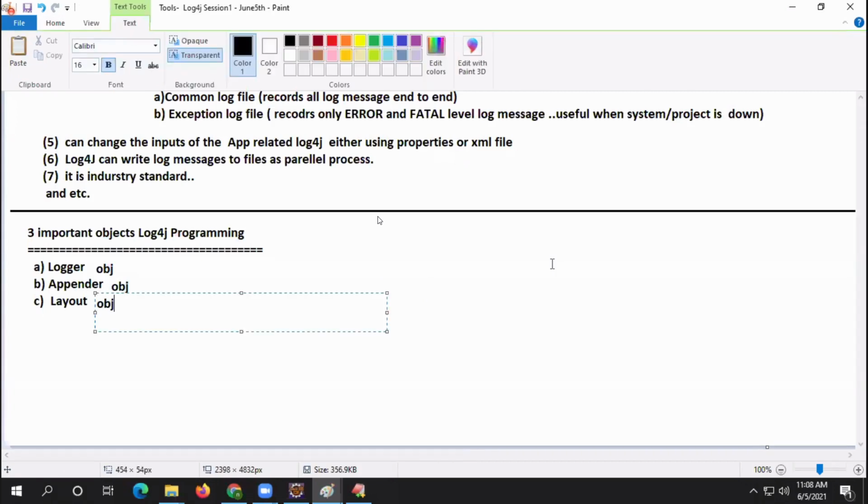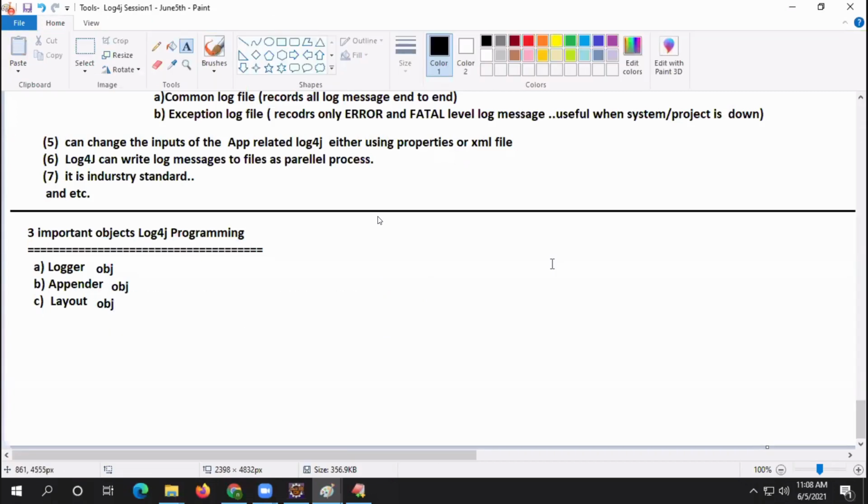Yes, we are going to use only these 3 objects, and these 3 objects internally use a lot of supporting objects. Understood my statement, guys?